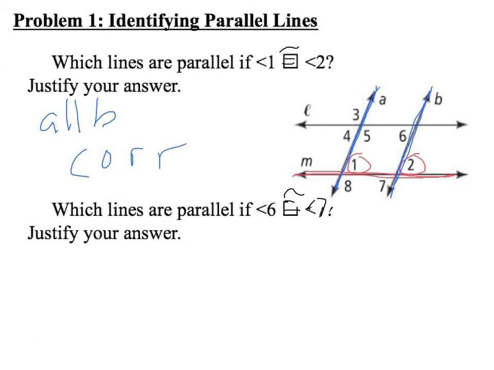Now it's saying if I know angles 6 and 7 are congruent, what lines are parallel, and justify your answer. So again, first I want to look for the line that touches both those two angles. That would be this purple line right here. And then I want to look at the two lines that do not touch but go through that purple line. That would be this green and this green. So now I know that L is parallel to M because these two angles, 6 and 7, are also